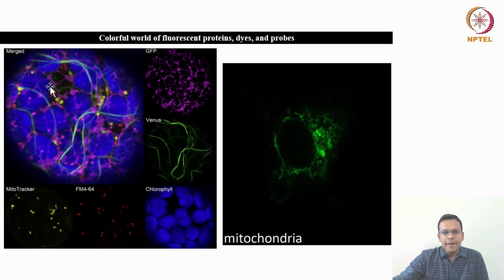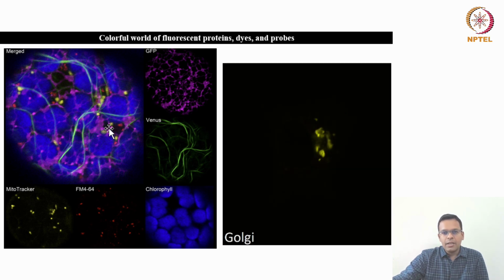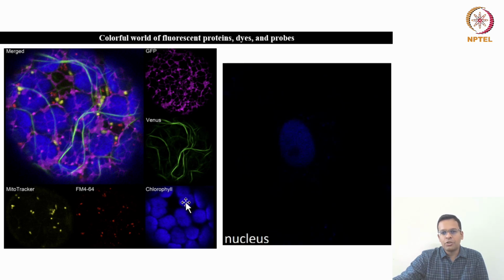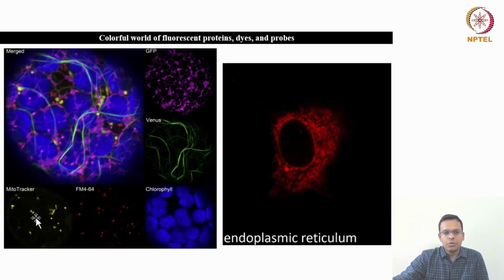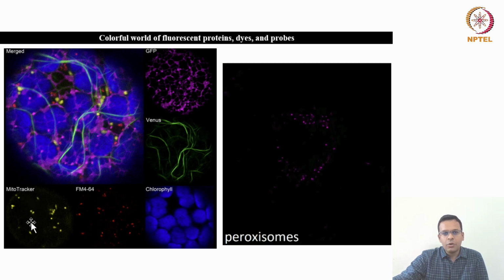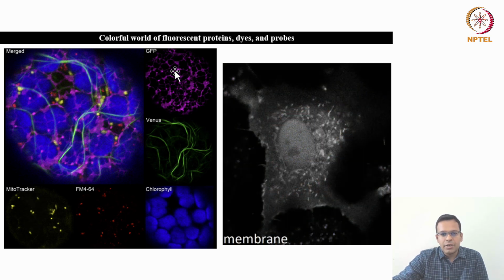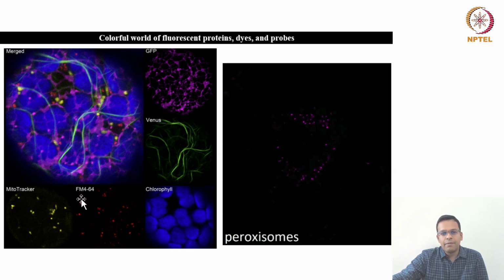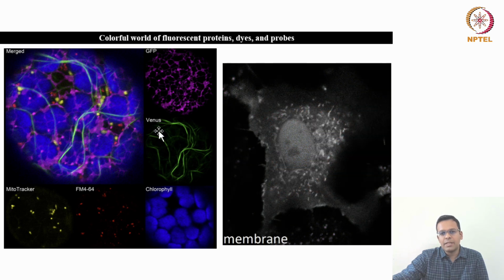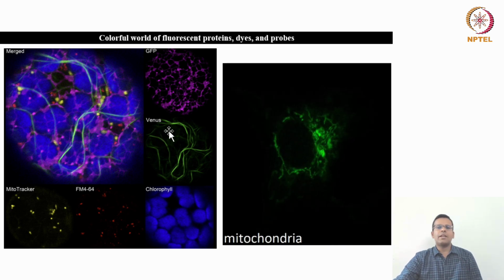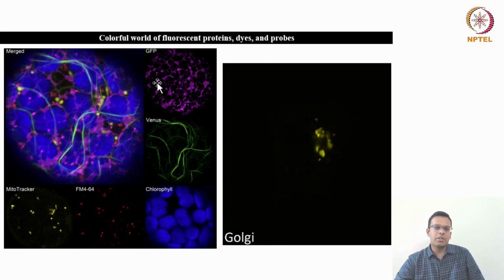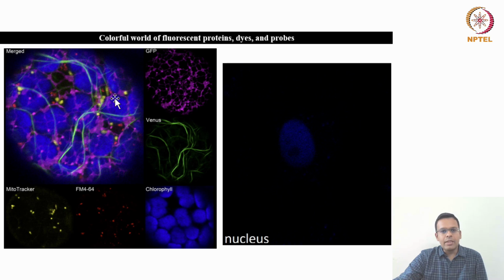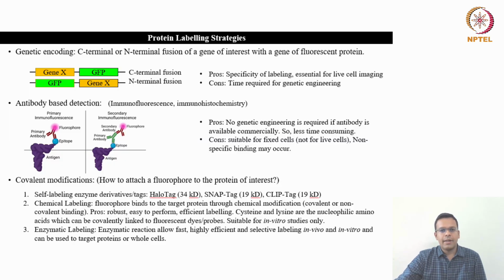In this image you can see the merged image of all colors, but individual colors show different structures, like chlorophyll shown in blue color, then MitoTracker shows the mitochondria in yellow color, then some other protein is tagged with GFP, and another protein is tagged with the dye known as FM4-64 and by Venus color. So different proteins or cell organelles can be labeled in different colors, and you can merge all the colors to see their relative localization inside the cell. So today we'll learn how to do this.